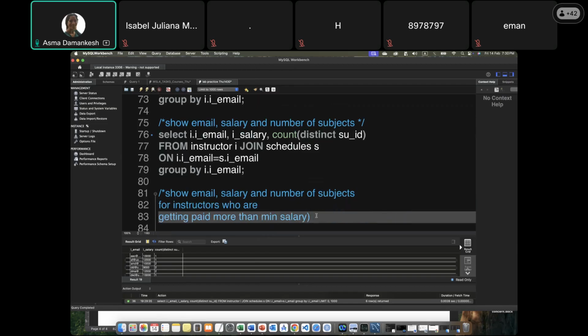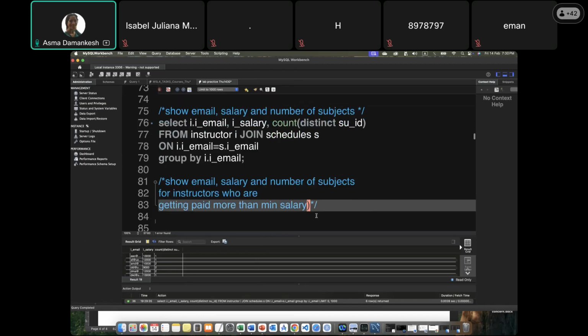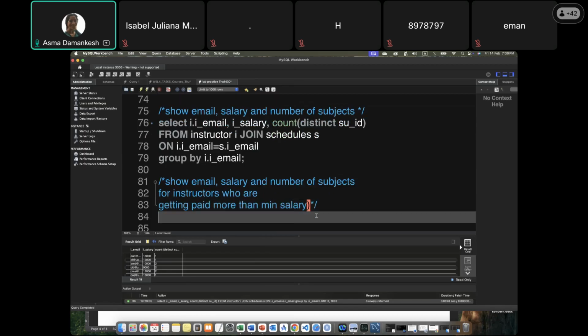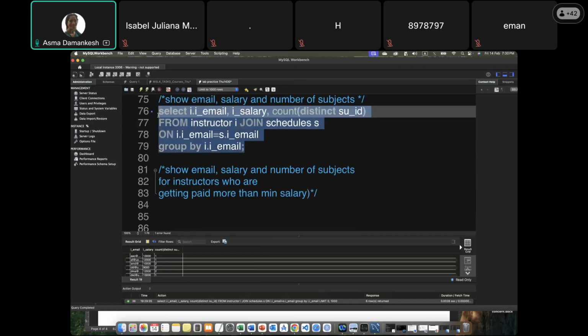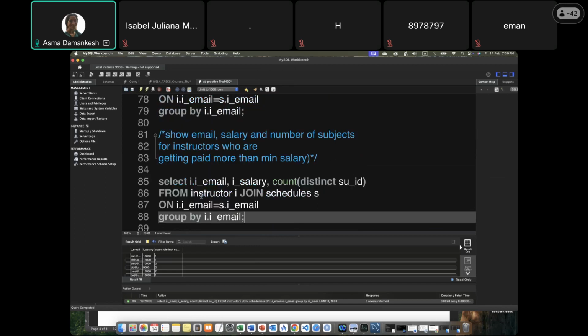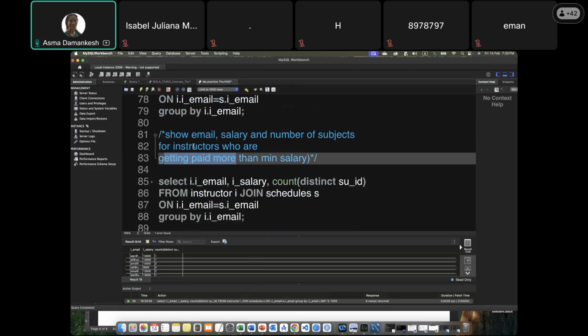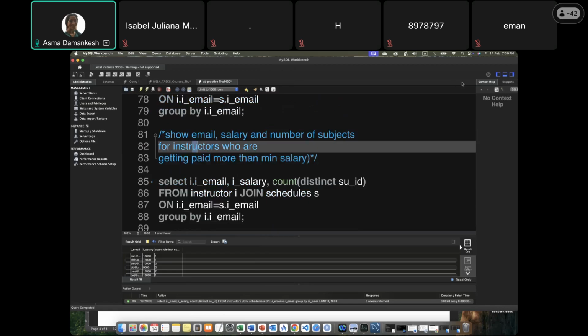I'm making a little complicated queries because I saw them in the lecture, okay? So I want you to know how it works step by step. So first, this one is the same thing. I'm not changing that, okay? So the only difference is I have a condition. The condition is that the instructor,